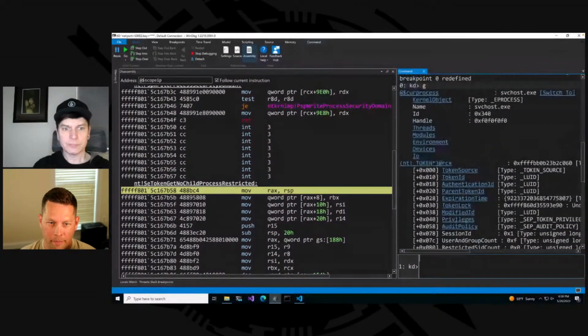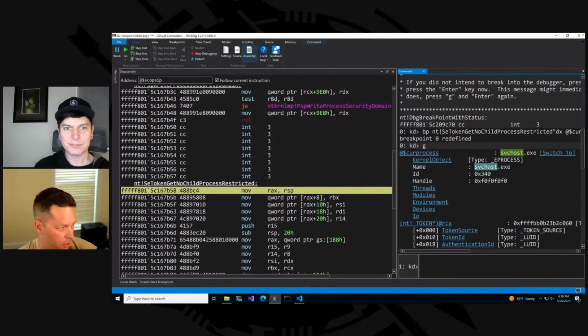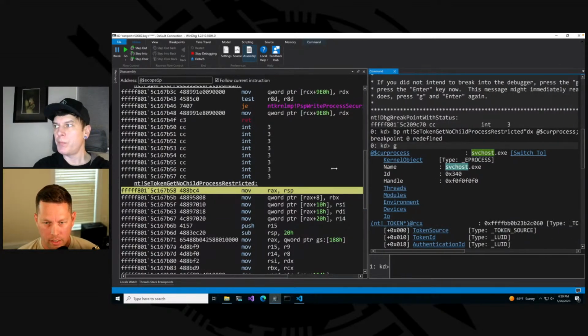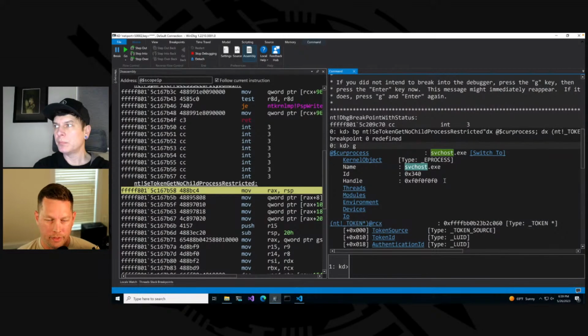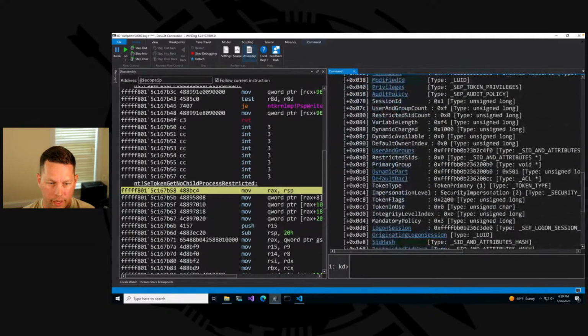So we have the current process, all right, svchost. So that is the output of dx at $curprocess, right? I love the dx command. Sometimes it's great and sometimes it doesn't work the way you want it to. All right. And then we have dx nt!_token looking at RCX. So this is RCX, that's where that parameter is being passed in, and it's scrolled down to token flags. Token flags for this one, all right,